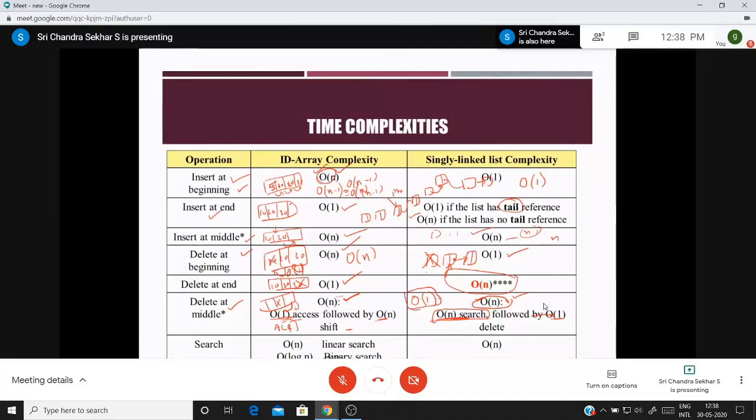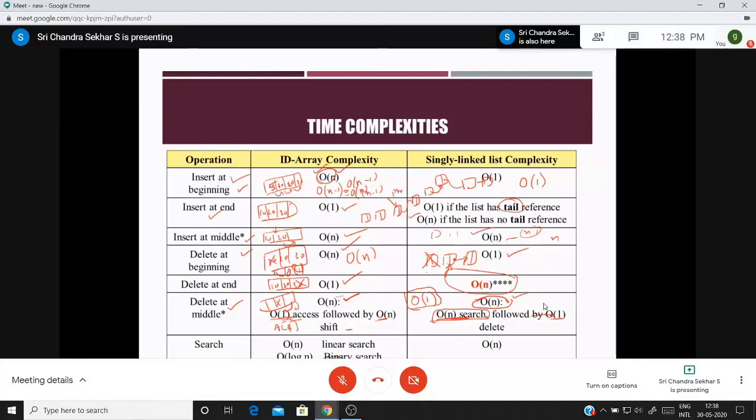What do you have to do? In such a case, what is the suggestion? You want to delete the third element, right? That means you should have a pointer to the previous element, that is the second element. You should have a pointer to the second node.